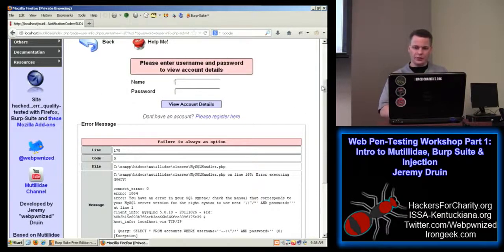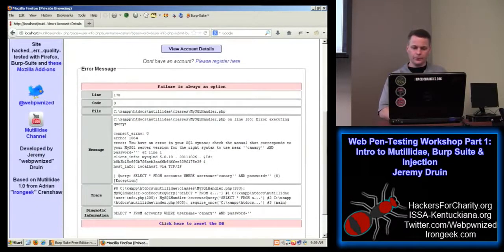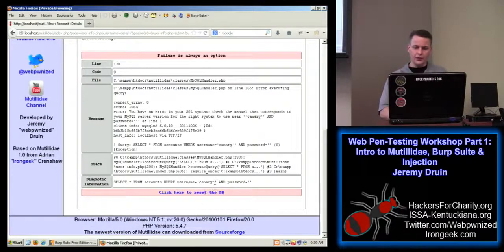Let's send in something a little simpler, so we'll just send in canary and a single quote, so we can see the error message a little bit easier. So the canary single quote is our injection. We can already tell by looking at this that we're probably going to need to prefix our injection with any arbitrary string we want, because we can set the value of username with this injection.